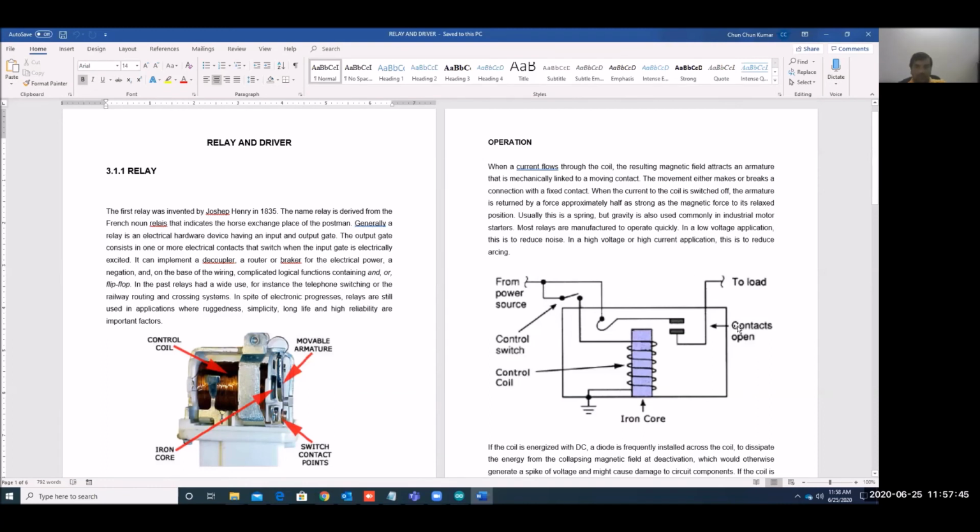Okay, so mostly you have to switch on the motor, or you have to trigger the buzzer, or trigger any other devices, so you can use the relay. Okay, so how to interface that and how to write a program for this, I will show. So here, yeah, you can see you have a relay board.